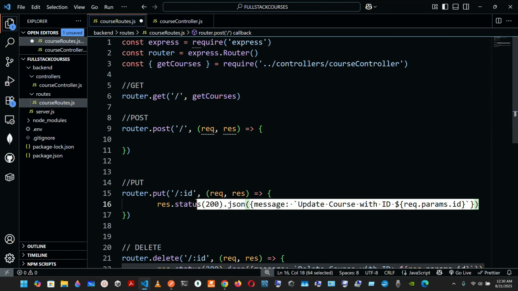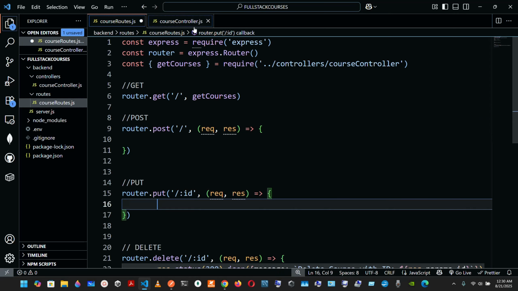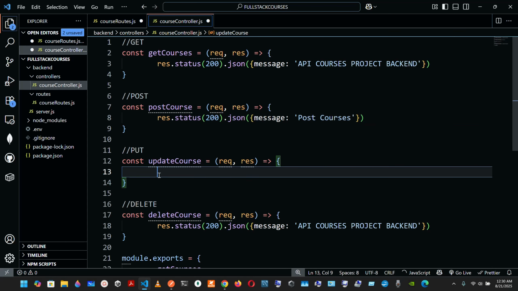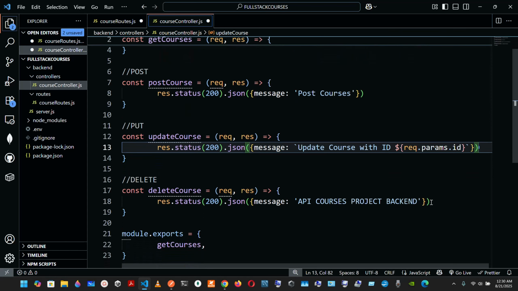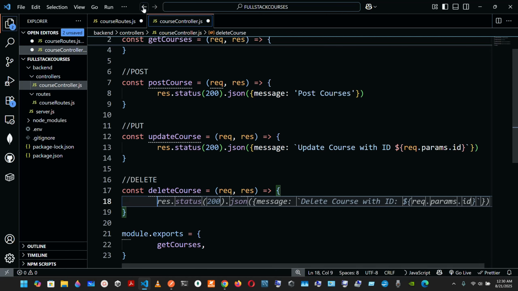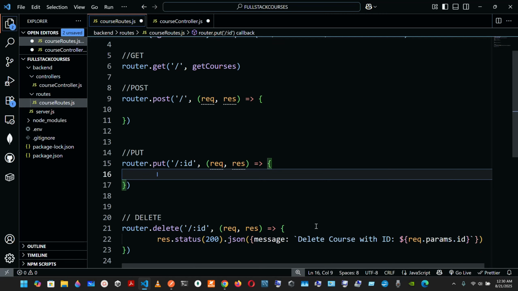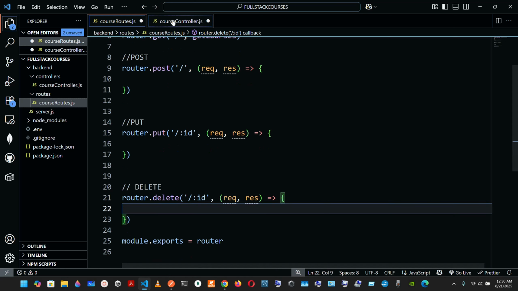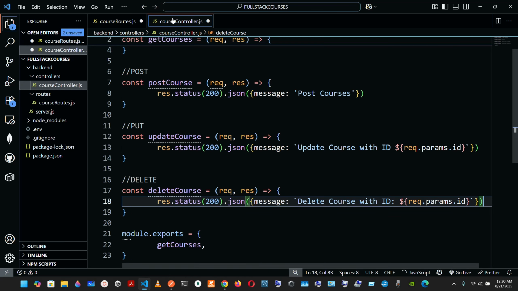We are gonna grab this one as well, copy it and paste it right here for the update, and we are gonna finally grab this one for the delete. Okay, so grab this one and put it for the delete. Okay, save it,